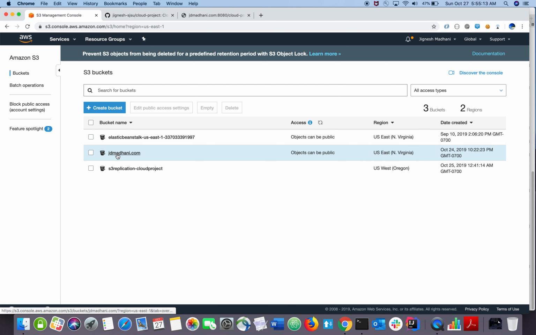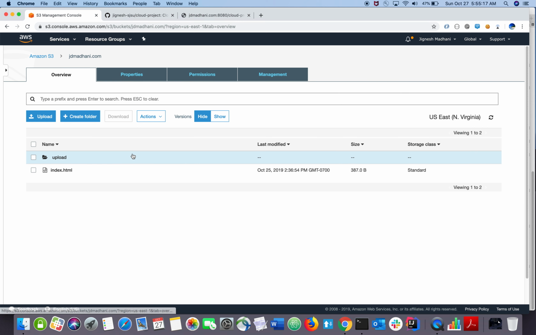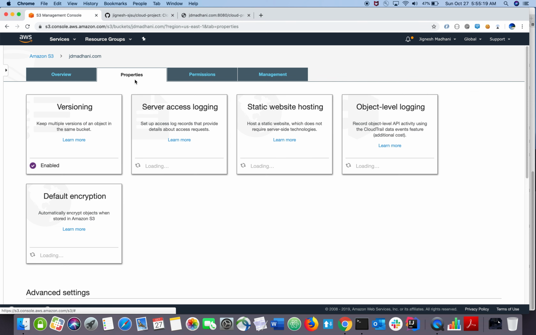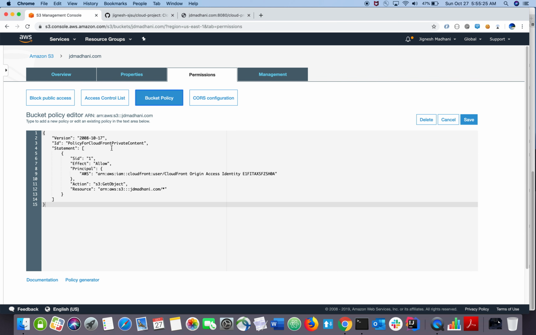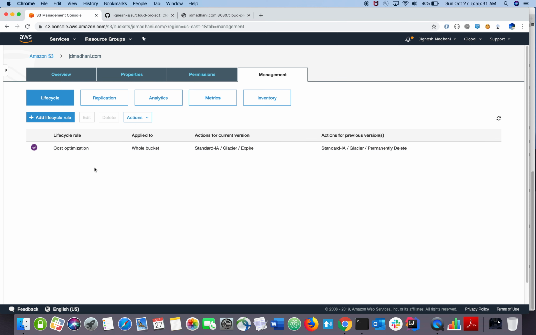As I mentioned before, I configured a jdmadhani.com bucket for my domain name in S3, which has all the properties such as versioning, static web hosting, and then permissions, in which we have bucket policies to connect with CloudFront. I also have configured management policies in lifecycle policies for cost optimization,